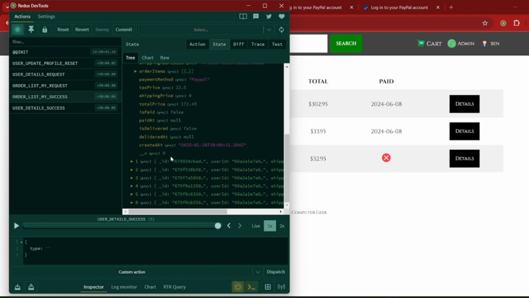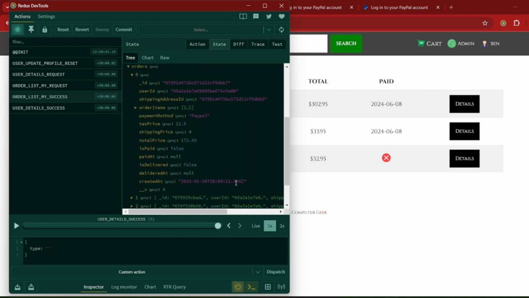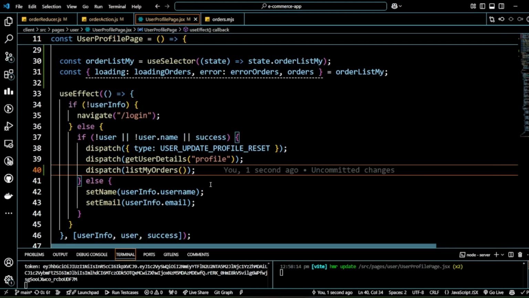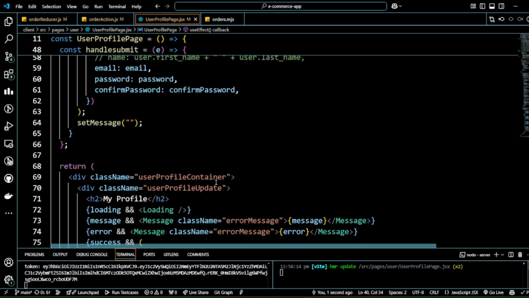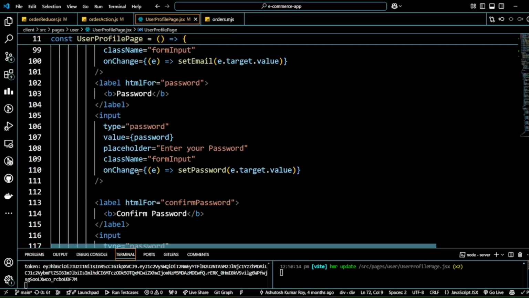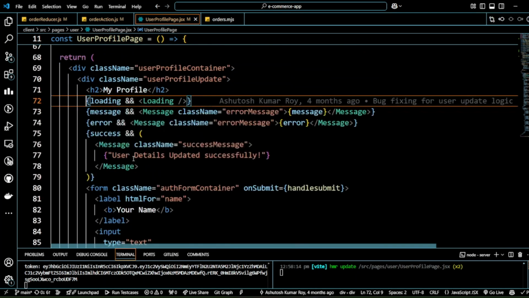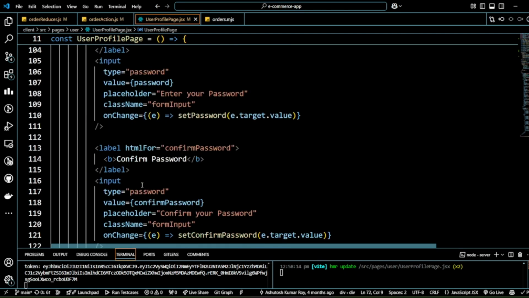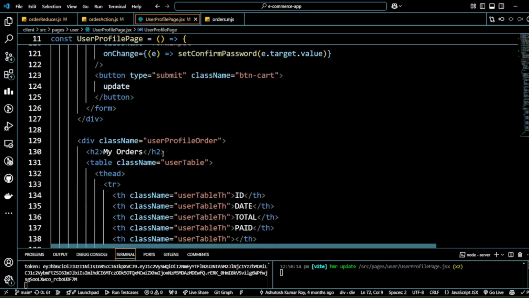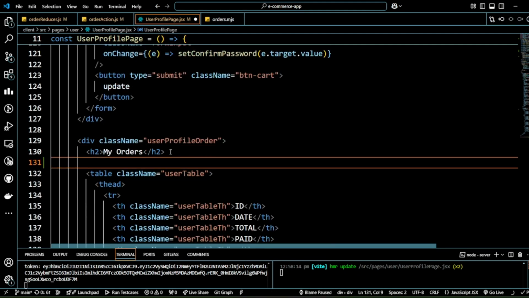So we just have to loop through it and get the data needed in this place. We are also getting order details, which have order items that we will not show here. Okay, so everything is done perfectly. Let's now render this. The same thing we need to do exactly: if loading, then show the loader here. If loading orders, then